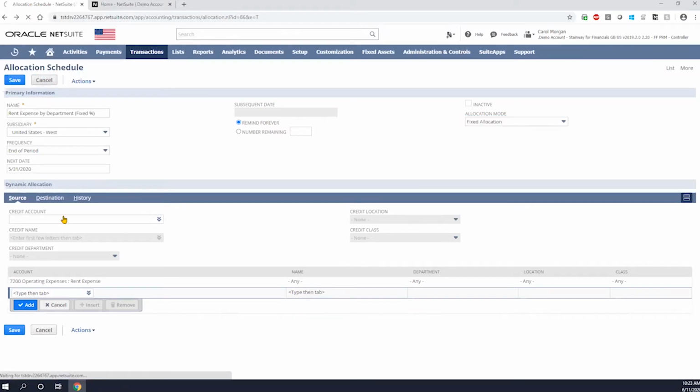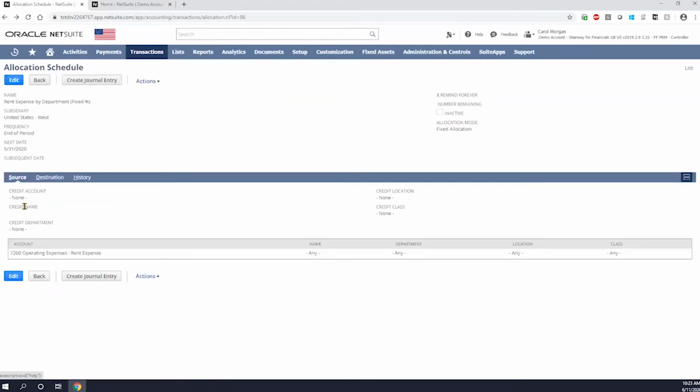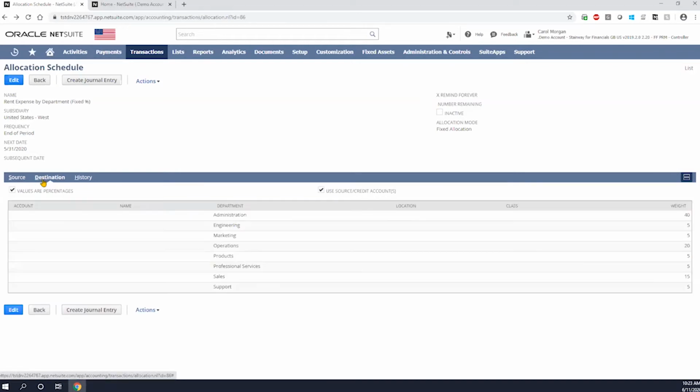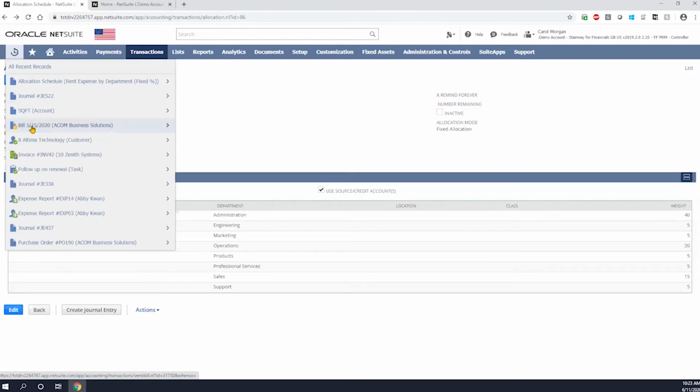Okay. So the next thing that we're going to go over here is the source account information. This is going to be where the information is going to get allocated from. So in this case, I'm going to allocate my rent expenses as they get entered in as vendor bills, and I'm going to distribute it evenly based on a percentage across my departments. So what this is going to allow me to do is if I go to a vendor bill that I have created earlier,